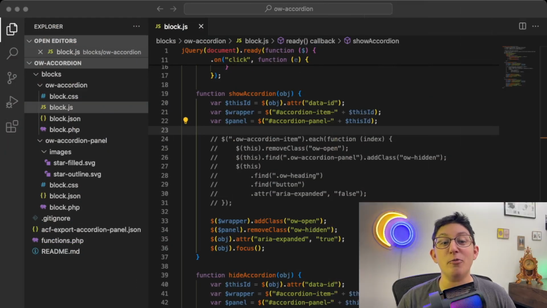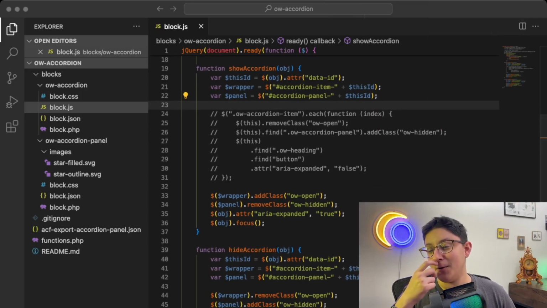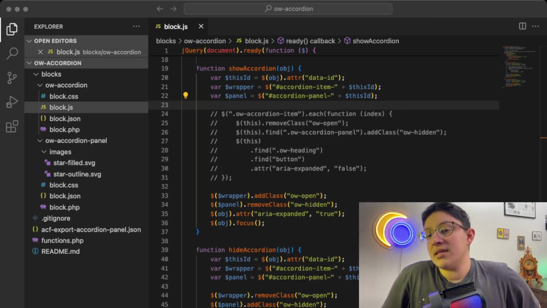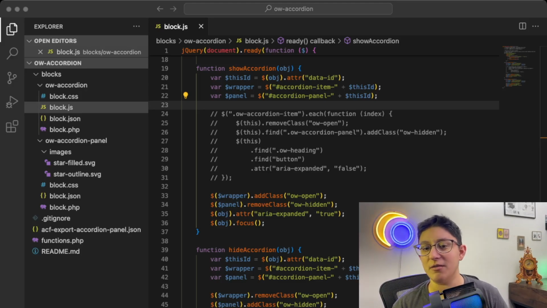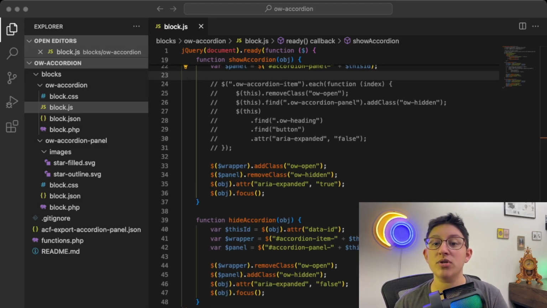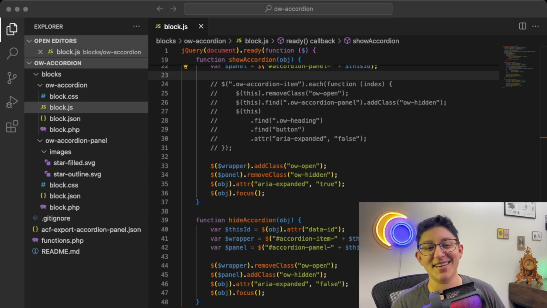So I don't have my accordion automatically closing anything. But if you did want to do that, I know sometimes that's a feature that's requested by the client, or that's just the way a certain industry uses it, or sometimes there's an accordion that might require some kind of opening and closing effect. So I do have that code in here commented out, where for each of the open items, you're going to remove the class and remove the aria-expanded attribute of the button. I have that commented out because I don't like to use that on my stuff.